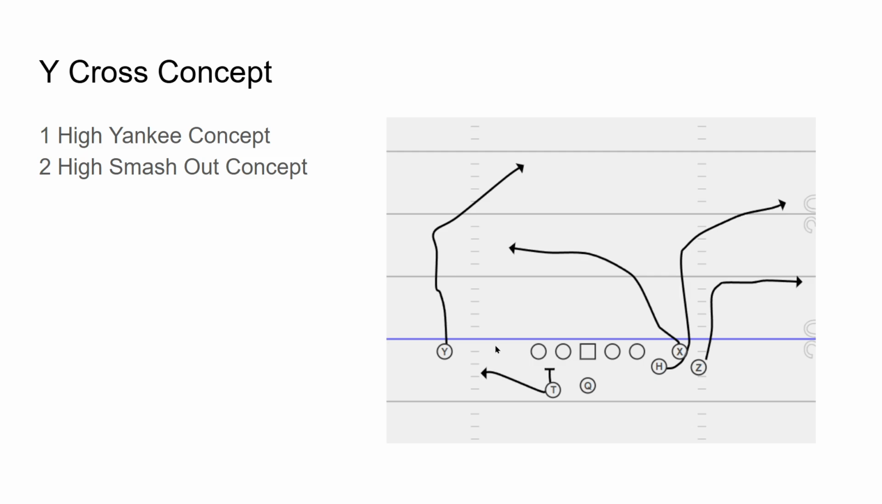And then on the boundary side, we have a bunch concept. Basically, X is going to be running an inside release. He's going to get inside the backer, inside the Sam backer, and then go over the Mike. So basically, right off of his hip, we're going to go right up the seam, and then we're basically running a corner route. So versus a two high coverage, we're going to anticipate basically reading the corner here,